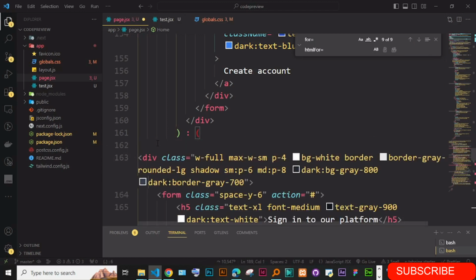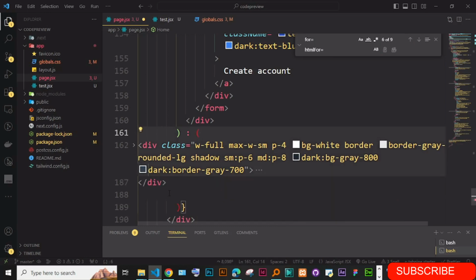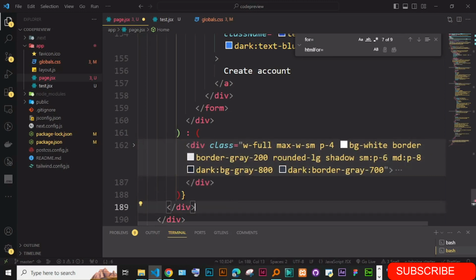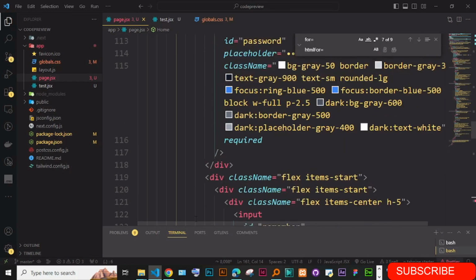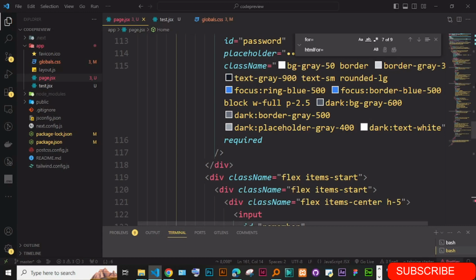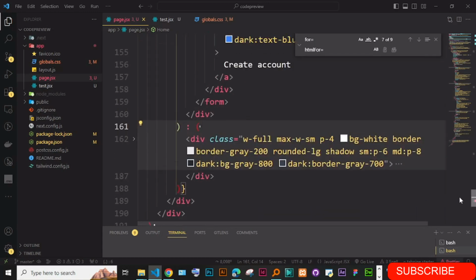Now, so now we should have this. And I don't think we're just going to do that, but in a second we'll sort this out. We have a problem, and why are we having a problem? Let me first go to this side and the render. Expected JSX closing tag for the input. Oh, okay, so we have this, it has to be the,